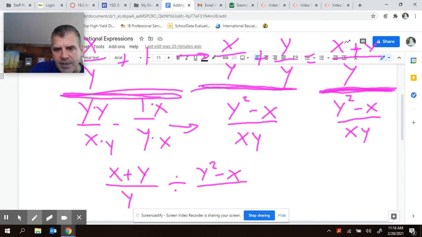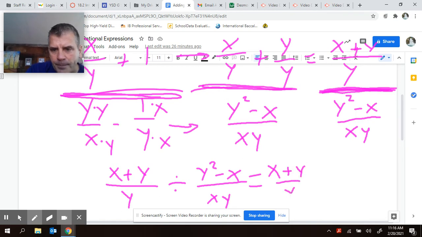The denominator is dividing the numerator. We're talking about the complex fraction part of it. Now I have two fractions that I'm dividing. So the rule says this, you've got to invert and multiply. You have to invert and multiply that second one. Now, if you want to skip this step right here and just go right to this step, you may do so. So this becomes really x plus y